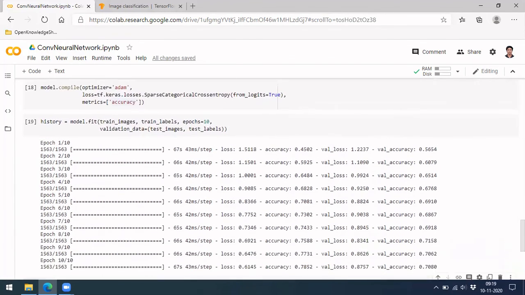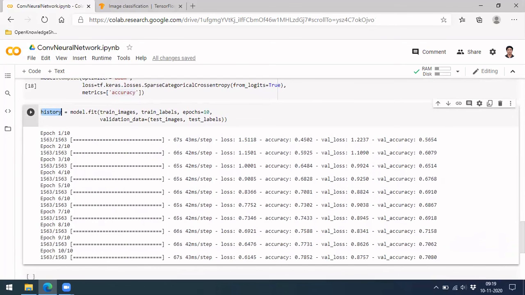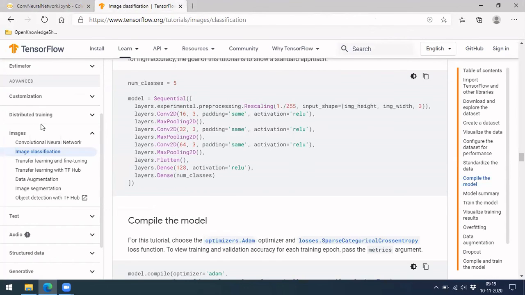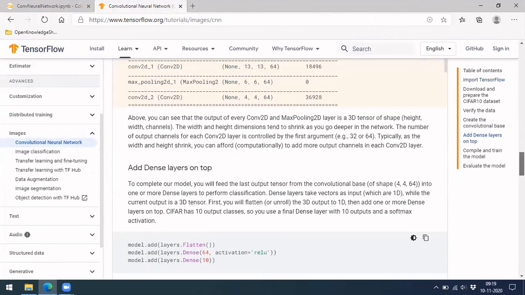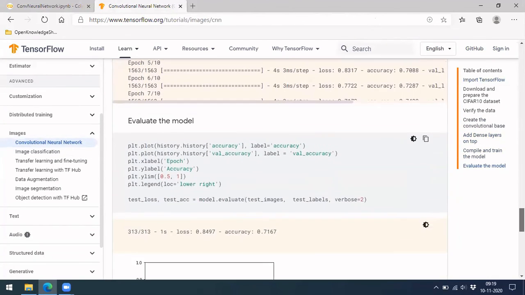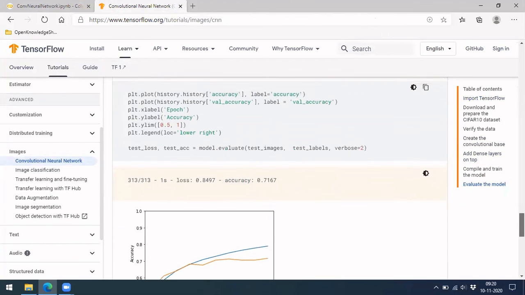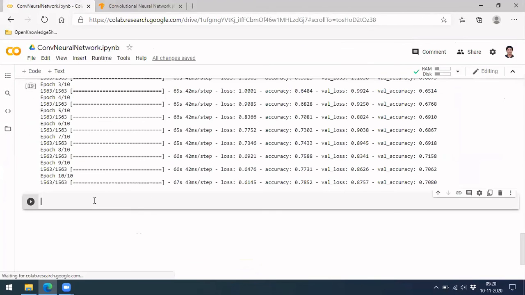Here, the history is saved because it contains all the information we require. Let me jump to the code over there and look at it. They have given code for plotting accuracy, so let's use the same code, and similarly we will also plot it for loss.